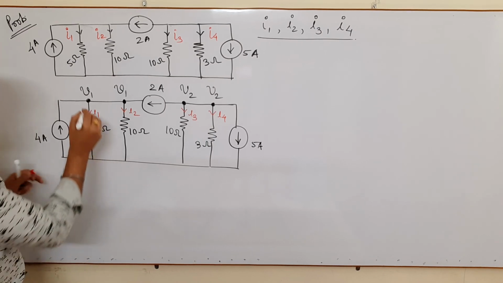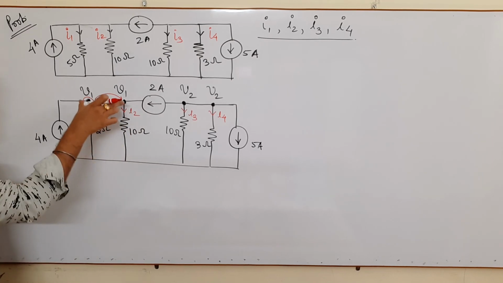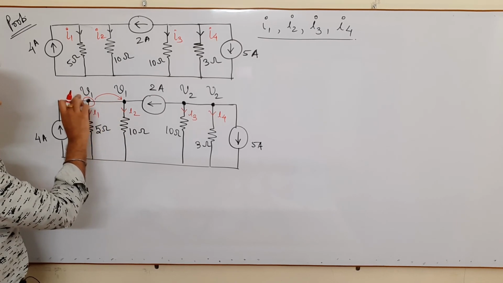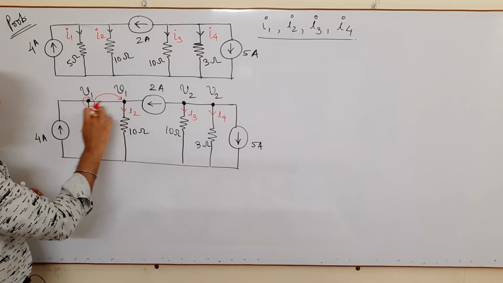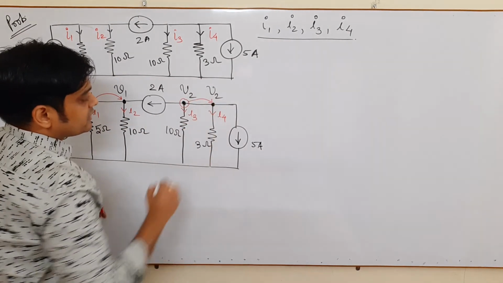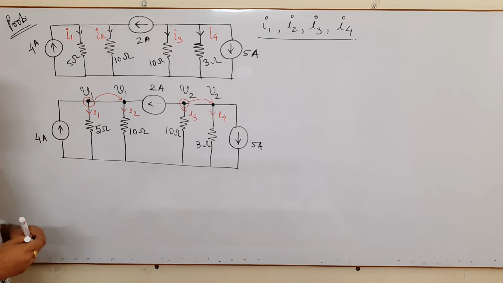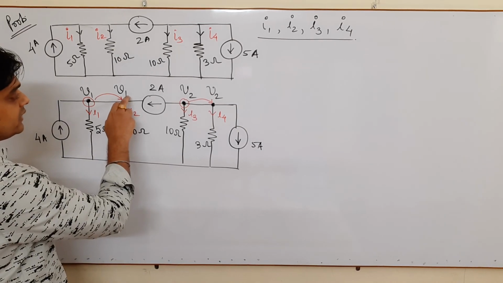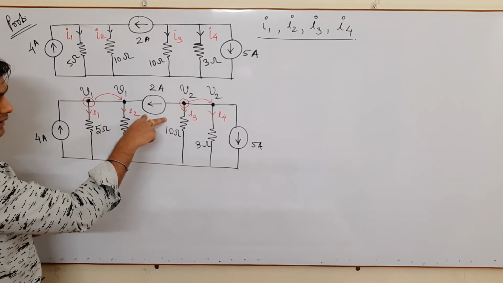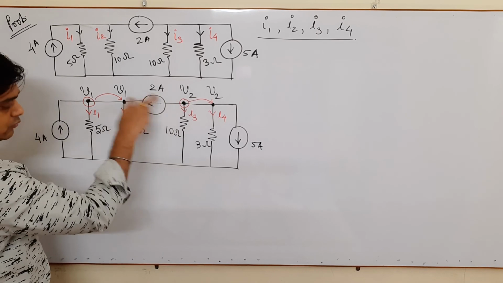Now very important thing, if the voltage is V1 here, definitely the voltage here also is V1. Why? Because these are the same node, there is no resistance, no voltage drop. So whatever the voltage appears here will appear here. Okay, so I think it is clear to all of you. Similarly, if I consider the voltage here as V2, it means this voltage is also V2. Why? Because the nodes are the same, but you don't say that V1 and V2 are equal, because there is a current source between these two nodes.